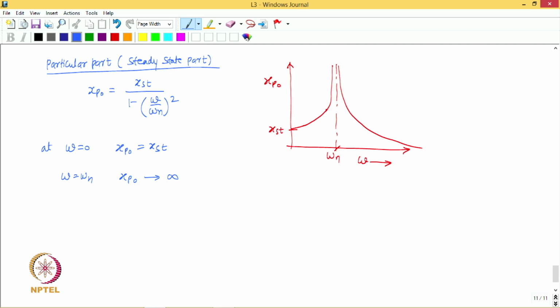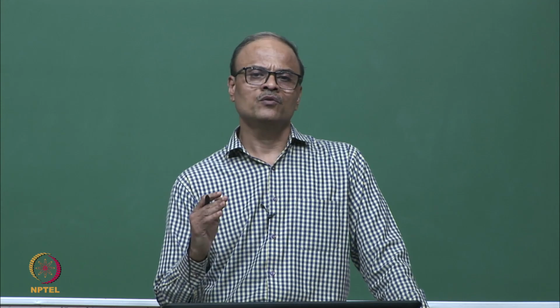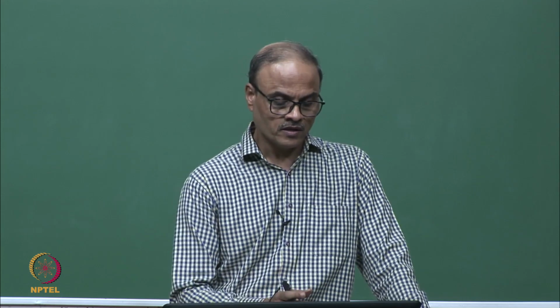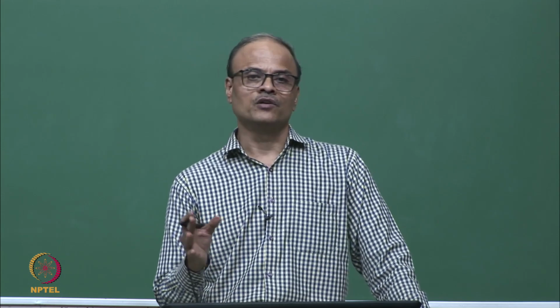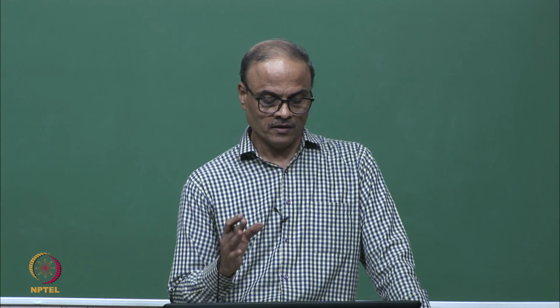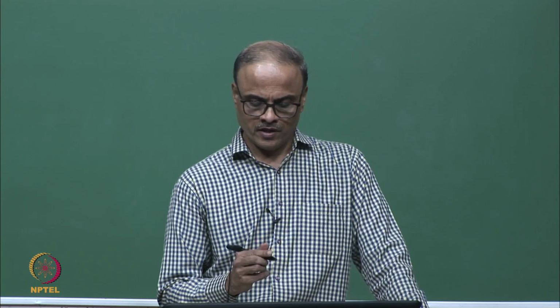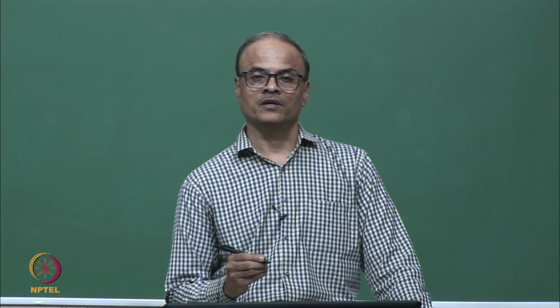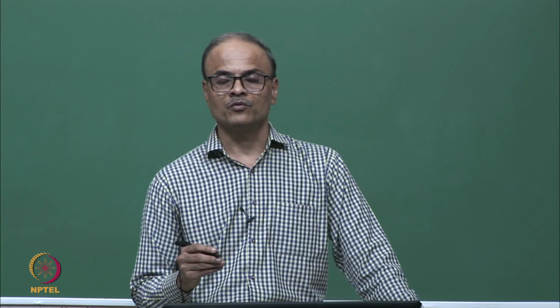Of course from the formula it is clear that it is infinity, but it does not build to an infinite value instantaneously. This formula tells the steady state value of the response, and that is predicted to be infinity. But if we want to see how the amplitude builds to infinity, then we need